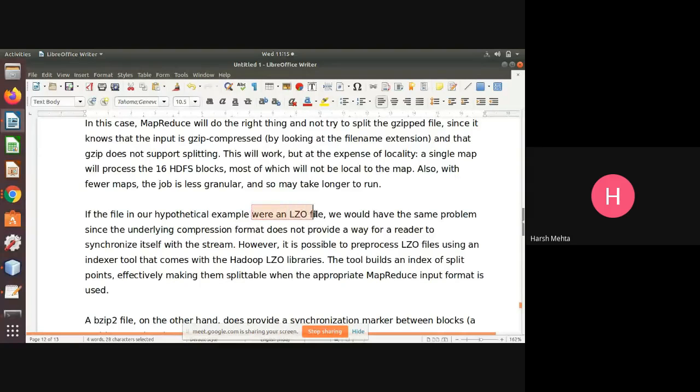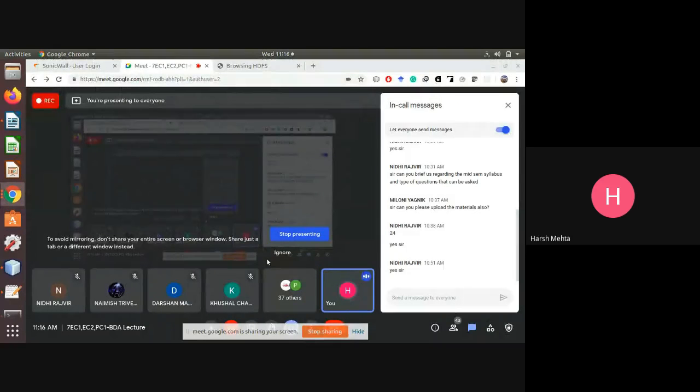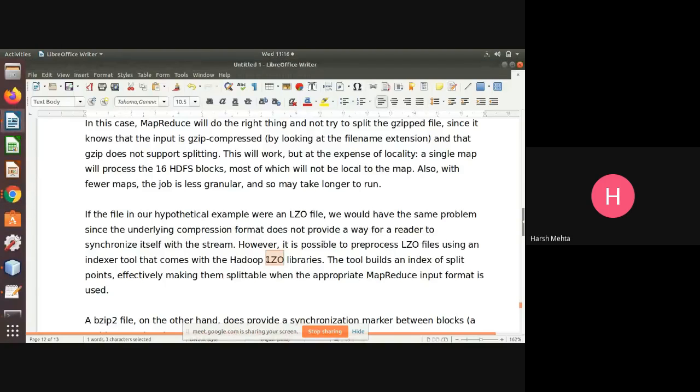So if we are using an LZO file, it's the same problem. Again, LZO uses an indexing tool. So if we are using the indexing tool, then we can split it. So what's the problem of splitting here? The problem is that when we split and when we want to merge, how do we merge? Which data to merge? Because all of these are in a compressed format.